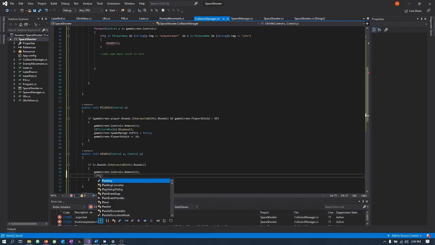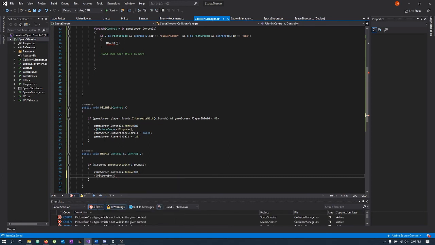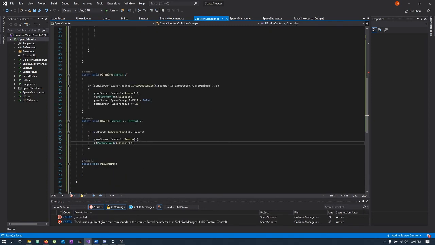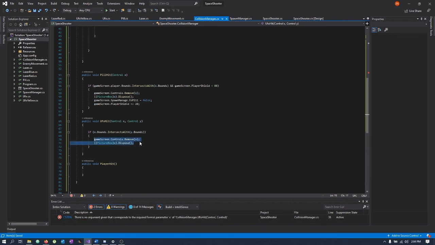So we need to cast the picture box just to make sure we actually want things being disposed, or else we're not going to have a good time. Oops. Just need to manage resources and stuff like that. So we need to go into here. Y. Change that as well. So dispose of both. So you need to dispose of both the laser and the UFO,